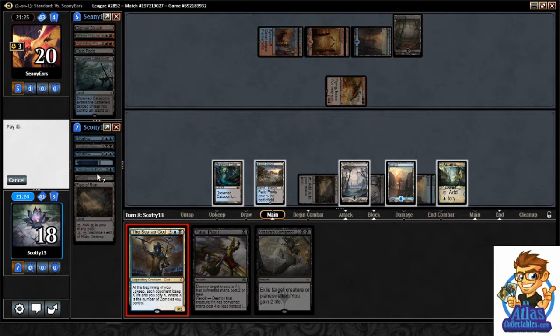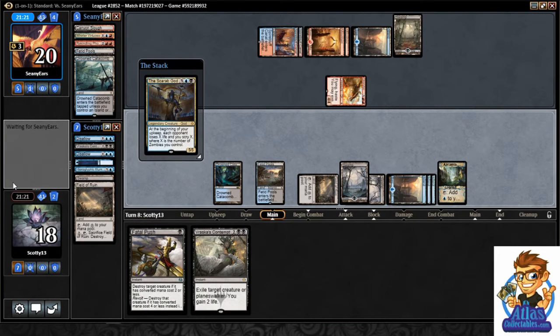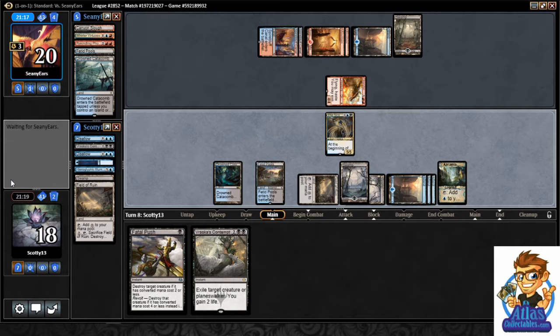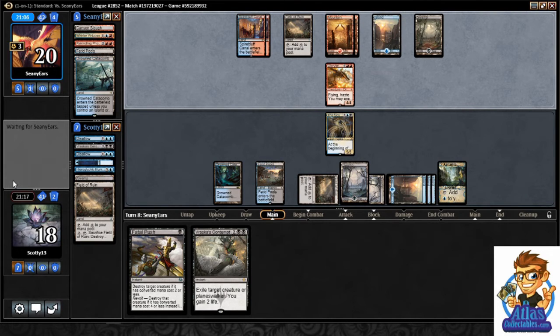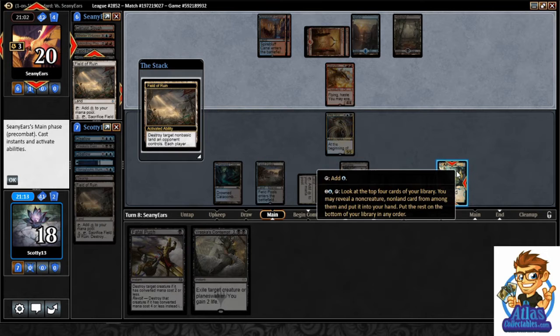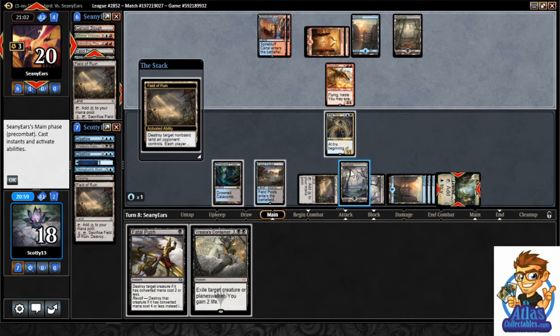I actually do like this play. The fact that he doesn't have 2 black mana makes me more inclined to want to do this. And he's got 3 black sources in the yard. So, and a lot of his black sources I think will come into play tapped. So unless he has... That's a nice play. So I think instead what I'm gonna do here is